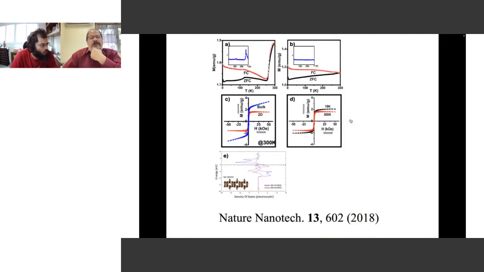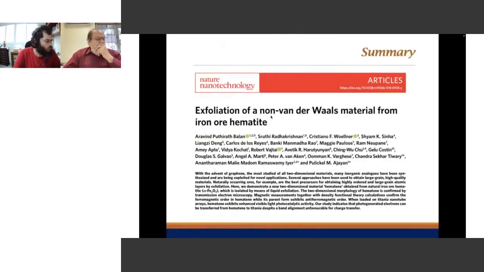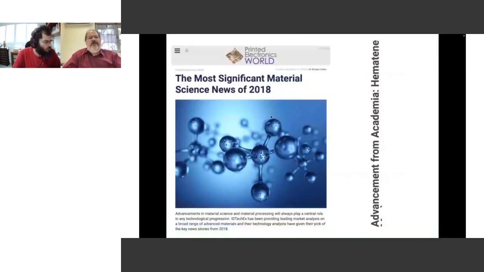Then you combine this reactive force field with standard DFT calculation. And one interesting thing from the DFT calculation is the magnetic property: you have ferromagnetism in one case, and then when you change the dimension, it goes to antiferromagnetism. And it also increased the catalytic activity by 200 times. It's a quite interesting material for many kinds of applications.